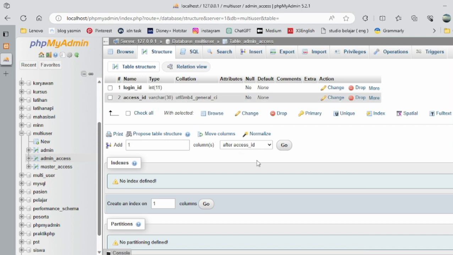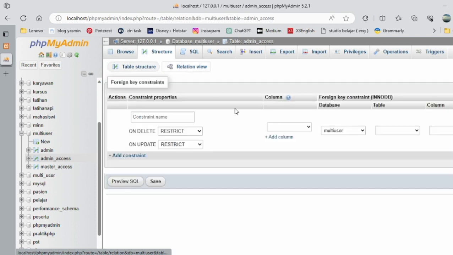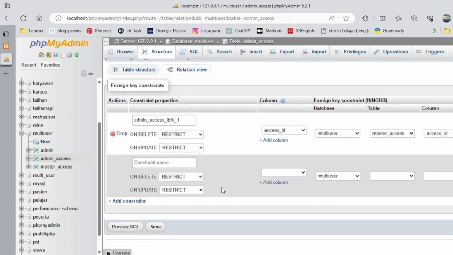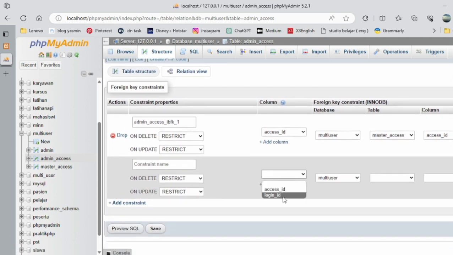And then to make it connect, we can click this relation view, and then we add access ID. For multi-user, the table is master access, and then the column is access ID. Then you can save, and like this. And we're gonna make the other one. This is login ID, multi-user from admin, and in login ID. Save,